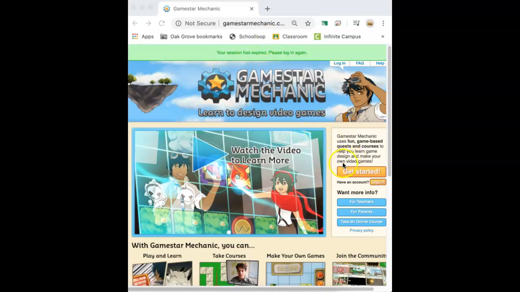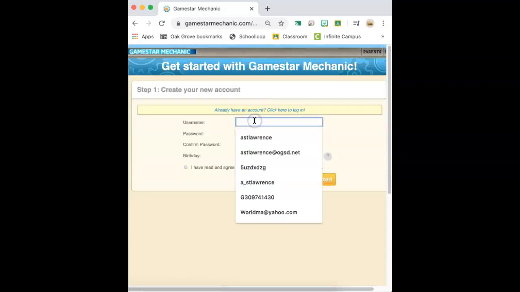You have to allow Adobe to run some of the Flash programs, but you'll see that in a little bit. So first things first, you have to go to the right-hand side and click Get Started if you don't have an account. If you don't have an account with GameStar, you're going to make your own username and then